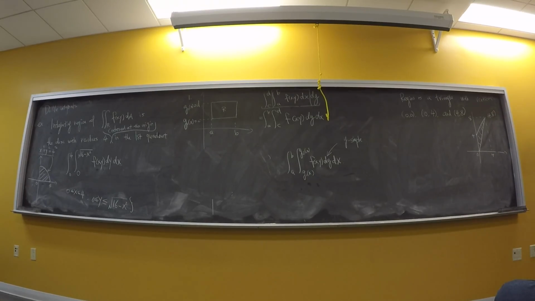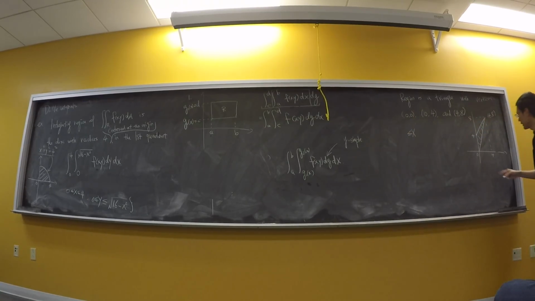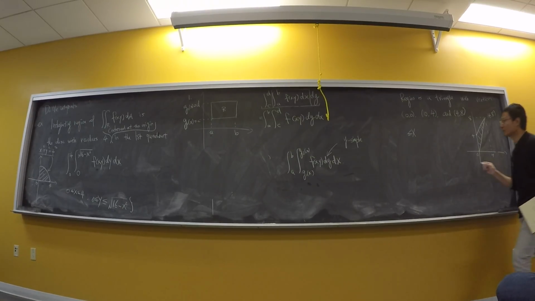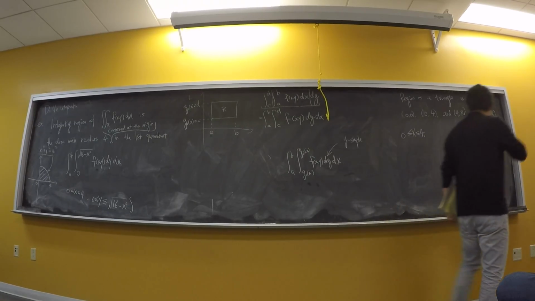So this is going to be 4, 8. So again, if I want to rewrite it in terms of a y simple region, I need two numbers for x and two functions for y, right? So the x numbers are pretty straightforward here. x has to be bounded between 0 and 4. So x is bounded between 0 and 4. I need two functions